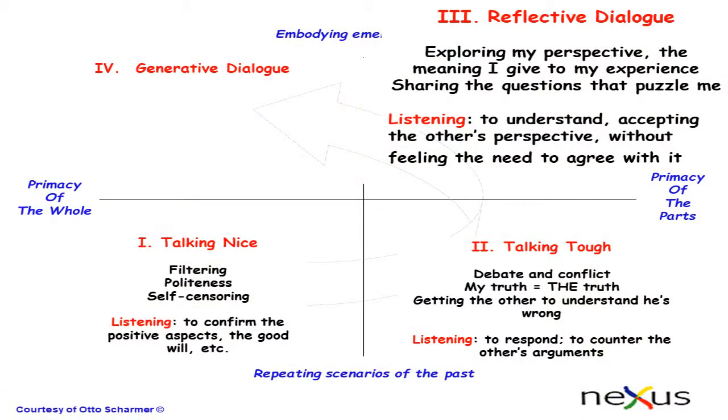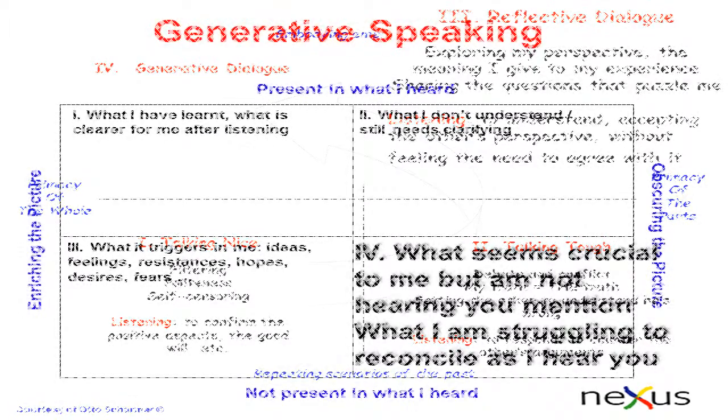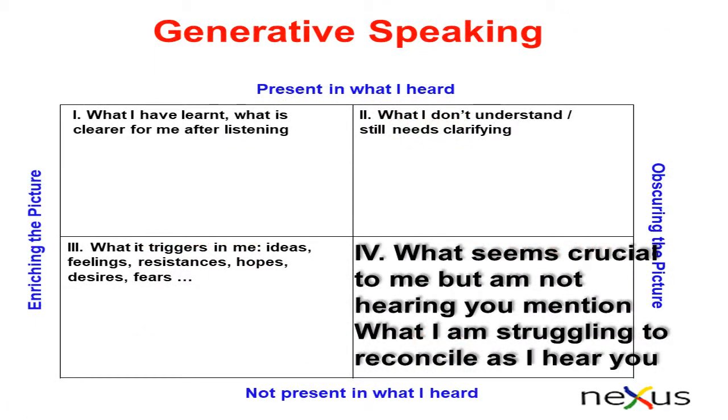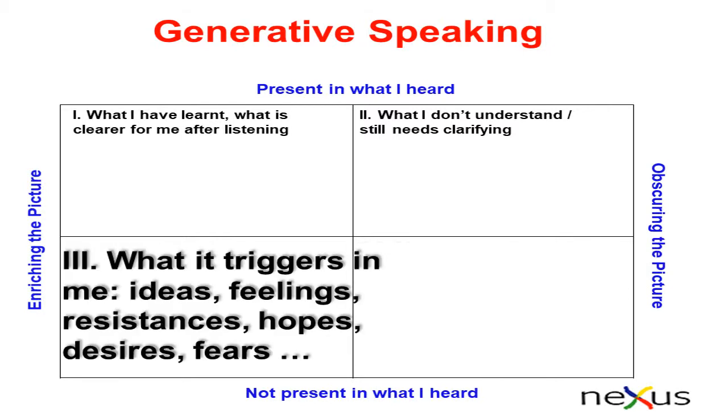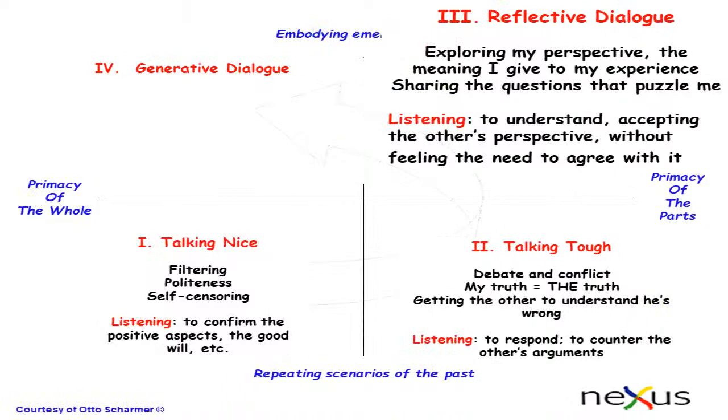We can do this using the tool that I present in another video on generative speaking, and in particular we can use quadrant number 4 when we talk about what it is that's crucial for me that I'm not hearing you talk about, or quadrant number 3 when we talk about the feelings that are being triggered when I listen to you. Either way,